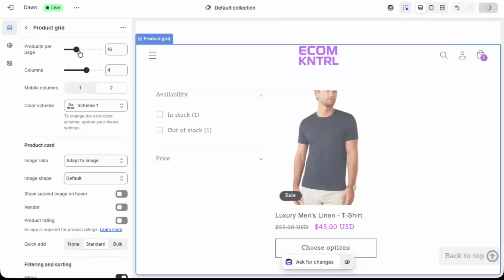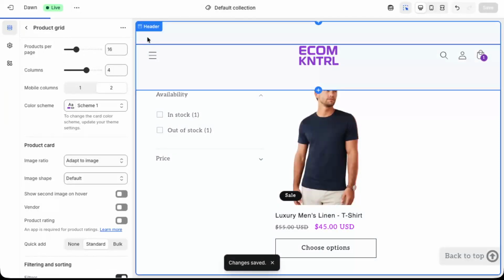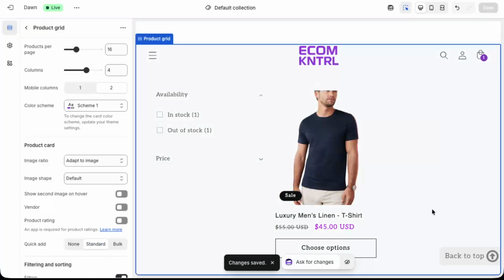After you've made this change, always remember to save your work. In the top right corner of the theme editor, click the Save button. Wait a moment for the changes to apply, and then preview your collection